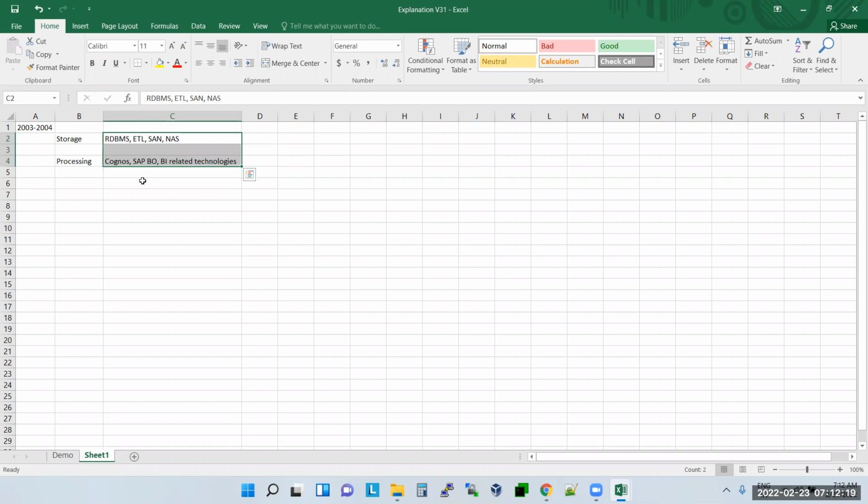Normally if you take any of these tools, any RDBMS, it can be Oracle database, or ETL tools, or storage tools, most of these tools either store the data or process the data.